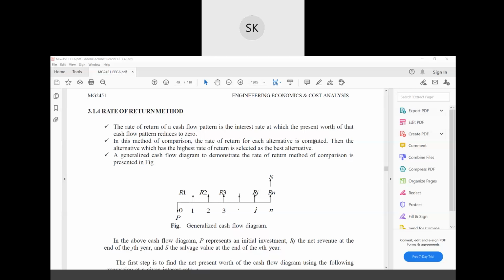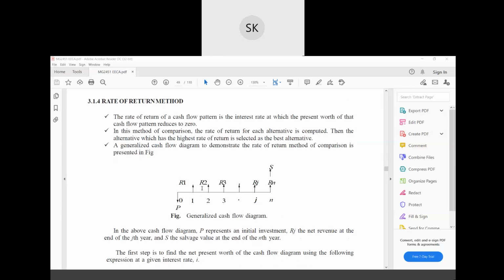Okay, the percentage of return. You must have seen that when you make a fixed deposit in a bank, there is some return period, and they used to give you 8%, 10%. So that is the rate of return. If you fixed it for 10 years or 5 years, how much return you will get. If they fix 8%, that will be your rate of return. If they give you 12%, that will be your rate of return. Based on that return, the best alternative is selected.